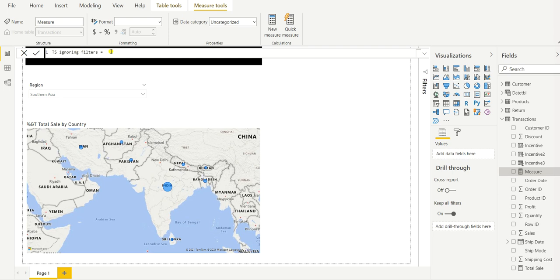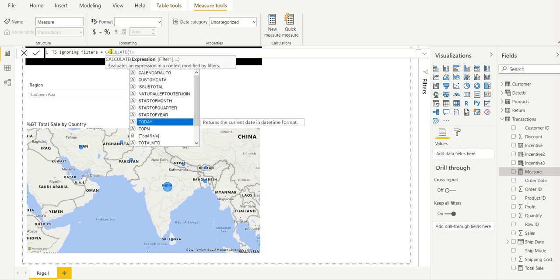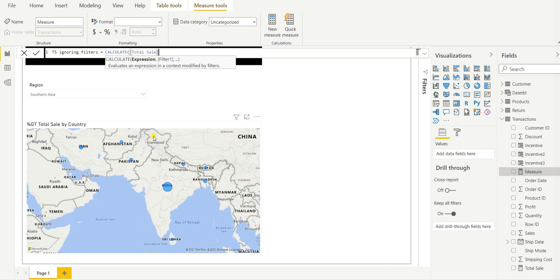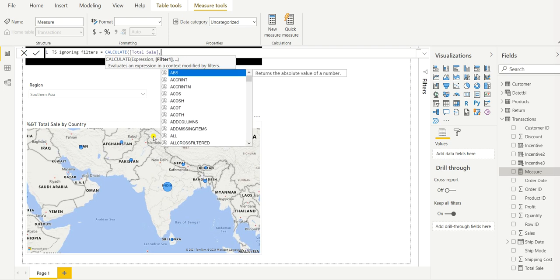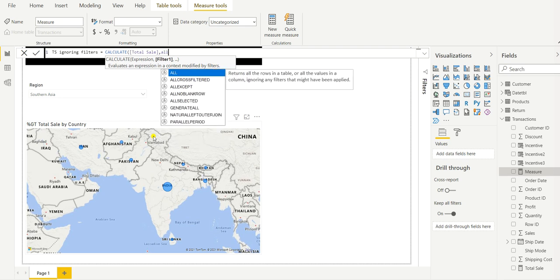Now we want to calculate the total sale ignoring the filter. So we have to use the function CALCULATE. What is the expression? The total sale, which is the explicit measure which we have already done, and what is the filter? Now we want the filter function, which is the ALL function.